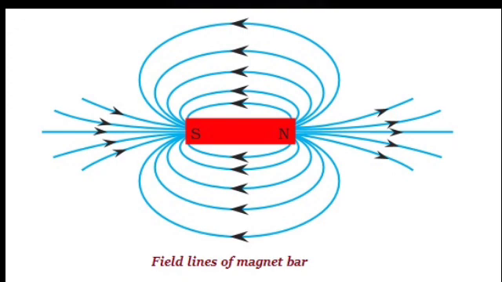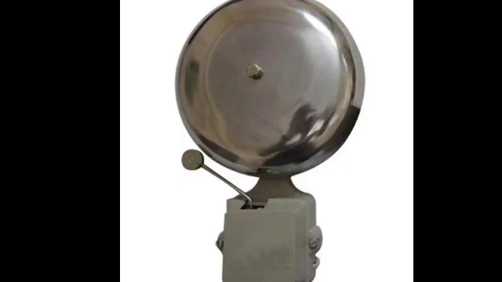Now switch on the current. What happens? Do the pins cling to the tip of the nail? Switch off the current. Are the pins still clinging to the end of the nail? The coil in the above activity behaves like a magnet when electric current flows through it. When the electric current is switched off, the coil generally loses its magnetism.